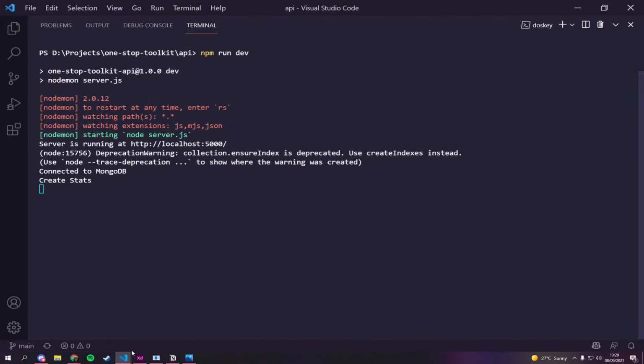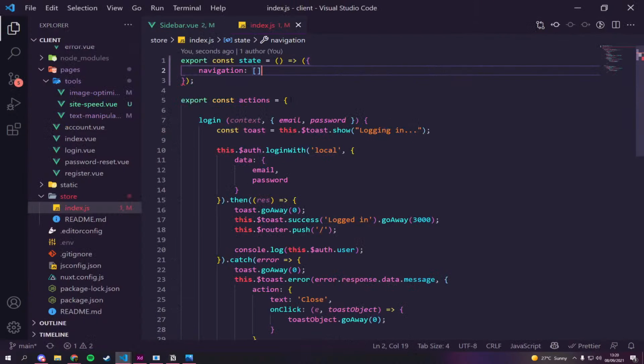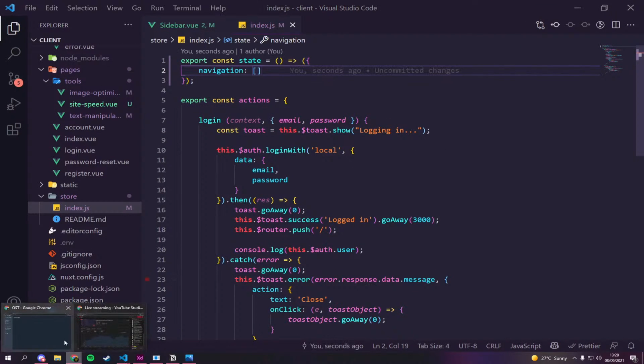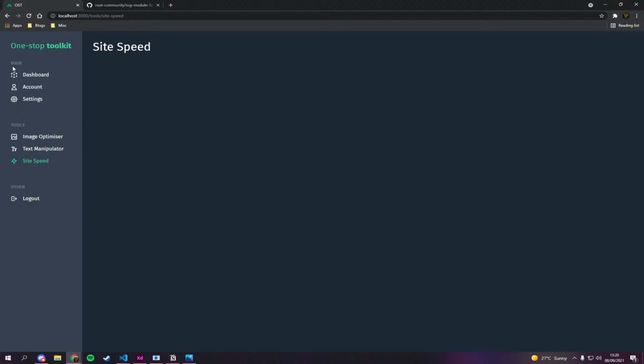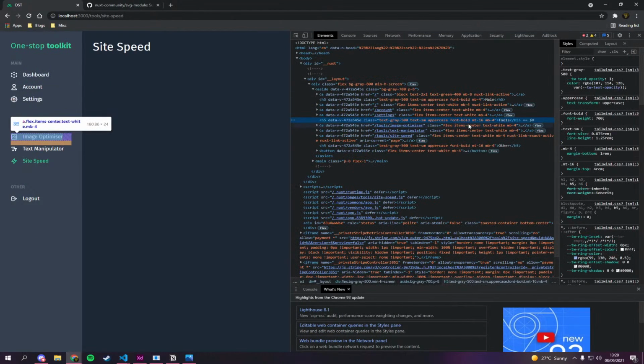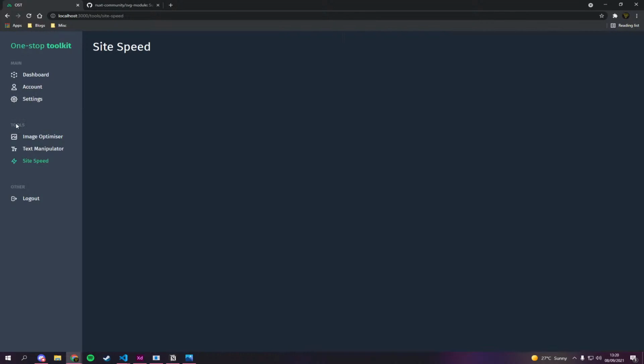Oh, that's the API there. Shut that. Cool. Let's go back here. And I think these should all have the same distance between them. So this should have a margin top of 16. Yeah, that's fine. That push there and that push there. So that's fine. We can have an array of objects.